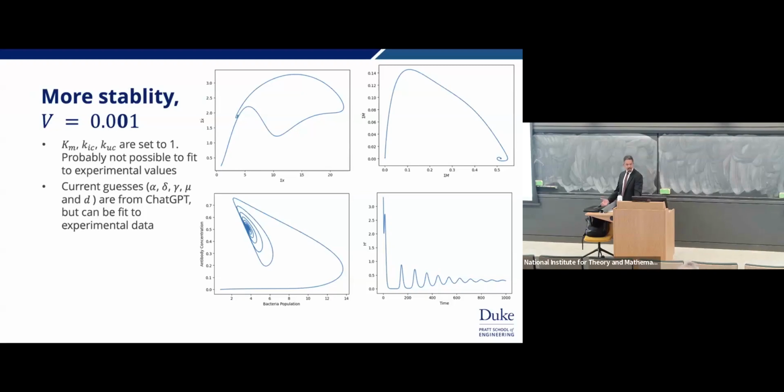There's a little bit more stability when I, of course, decrease V, but what I've also mentioned here is I have these other four parameters. So this K parameter, both an inhibitory and a competitive and a non-competitive K. It's like with those being set to 1, I'm trying to just say, you know what, maybe I can ignore those terms. Maybe that wasn't the best idea.